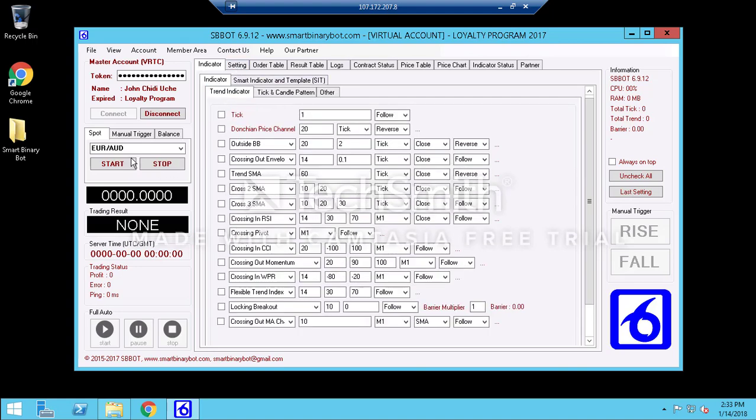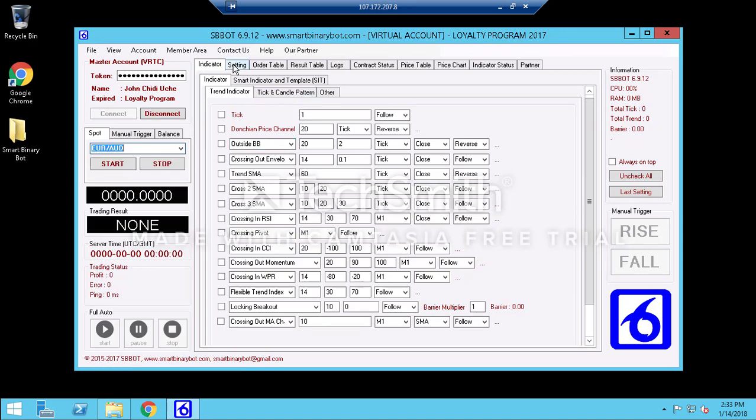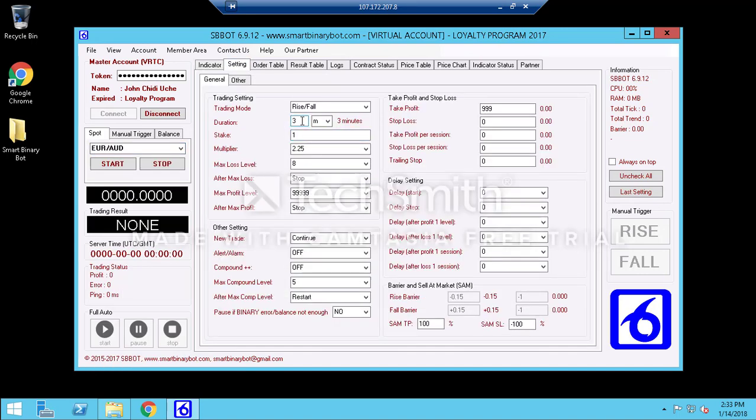When this is like this, then you can now select. If I send a signal, I will give you the item, that is the currency or the volatility, or the gold or silver. Then specify the duration you will put. So what you'll be changing is this spot, the currency, and the duration. If it's 1 minute, you come here and check 1 minute. If it's 1 hour, you put 5 minutes. These two are the things you'll be changing all the time.